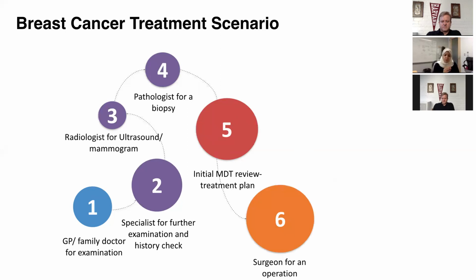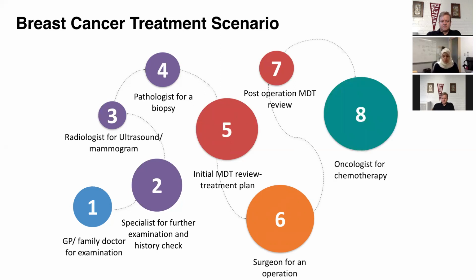90% of those people going through that pathway undergo surgery as the first treatment option. After surgery, with no notes collected from the surgeon, there is a post-operation MDT with the same people, including the surgeon, in order to discuss if there is a need for any further treatment. And then the oncologist, chemotherapy is normally the second treatment option for those people, and normally the plan stops there. If the patient relapses years later, then it's really an advanced cancer stage, then they normally refer them for palliative care,